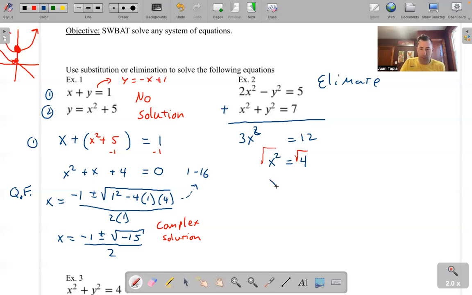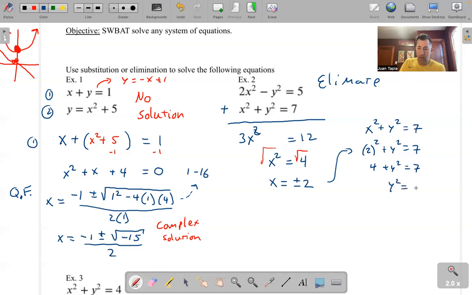And let's not forget that when you square root both sides, you get not just positive 2, but also negative 2. So we have two solutions here. I guess I would want to plug them back into the second equation there. So I'm going to plug them into x squared plus y squared equals 7. Now I'm supposed to plug both of them in. So first I'll plug in 2. That's going to give me 4 plus y squared equals 7. So y squared equals, it looks like 3. So that's going to give me 2 solutions, plus or minus the square root of 3,